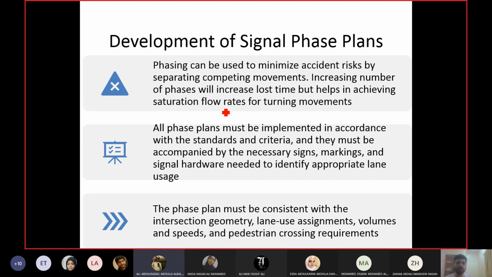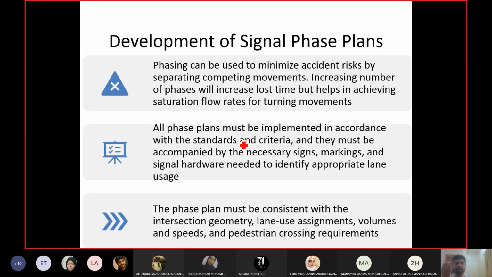Okay, so giving separate phases for turning movements cannot be applied to every location. Then you have to follow the standards and criteria. There are detailed standards and criteria given in the MUTCD, the Manual of Uniform Traffic Control Devices. I referred to it in the previous lecture as well. Fortunately, the manual is available online, free. You can go and download it. You can look at all the standards and criteria which you have to follow for phasing. Some of it is mentioned in the book as well.